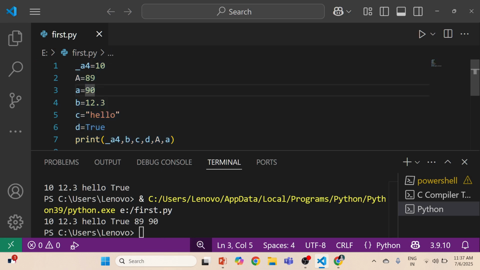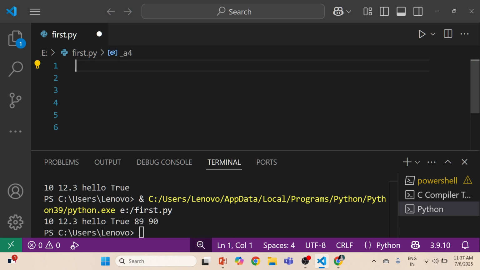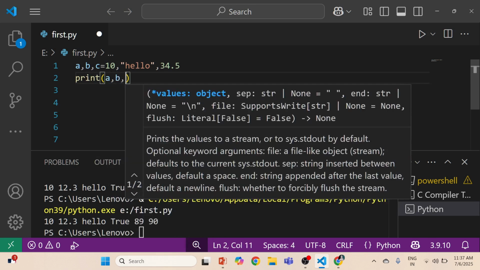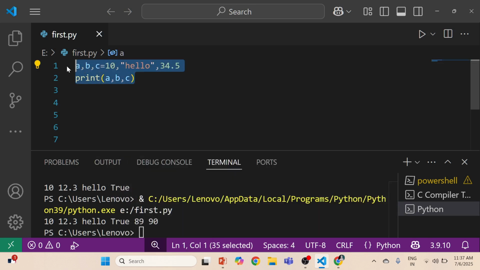The next topic, one more thing is, if you want to create multiple variables in the same line, you can do like this. Okay, so A will have 10, B will have hello, C will have 34.5.